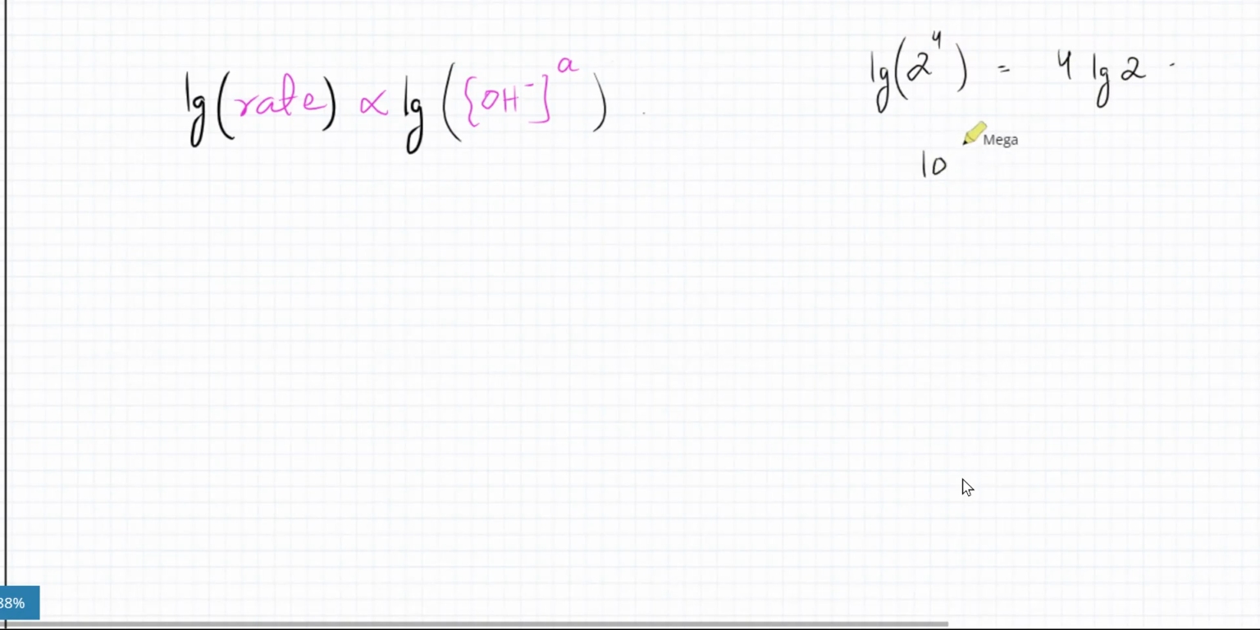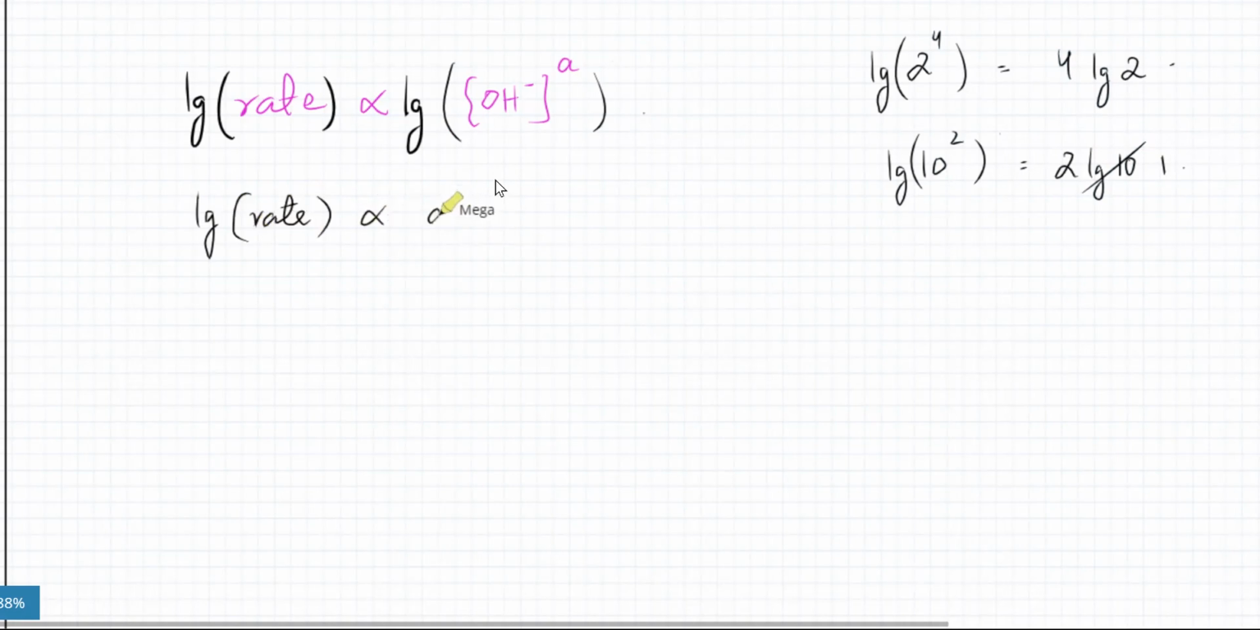Like, if you take the log of 10 to the power 2, this is actually equal to 2 times log of 10. Log of 10 is 1, because 10 to the power 1 is 10. So this gives you 2, which makes sense, because expressing 10 squared in powers of 10 gives 2. So this is a property of log, that any power becomes a coefficient. So when you take the log, in this case, you'll get log of rate proportional to A times